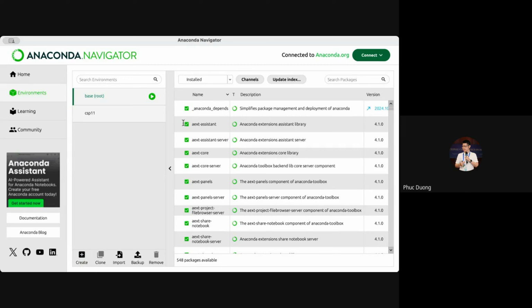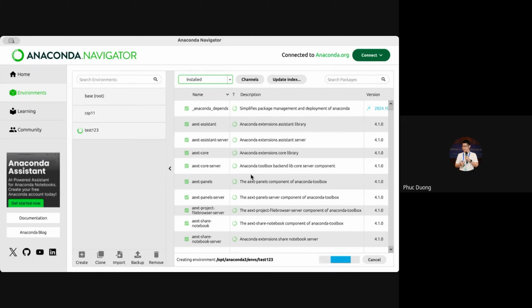First you will name the virtual environment, for example test123, and you select the Python version. In Anaconda you will have many choices of Python version, from 3.12, 3.11, 3.10 and so on. So for example I select 3.11, and then I click Create.